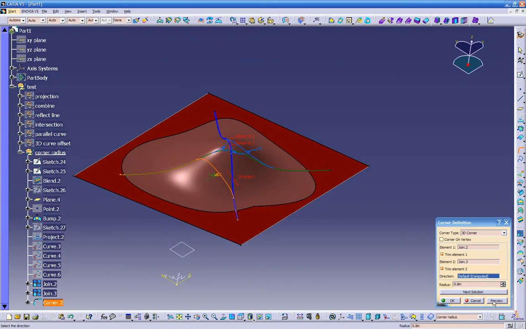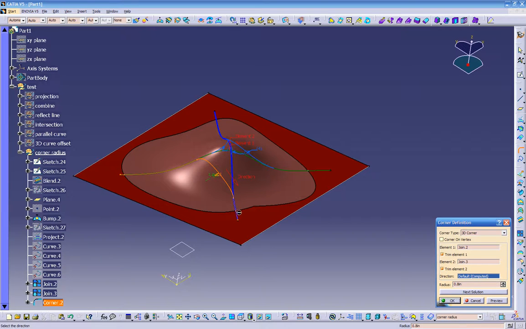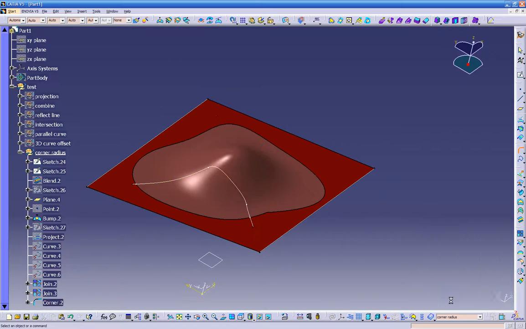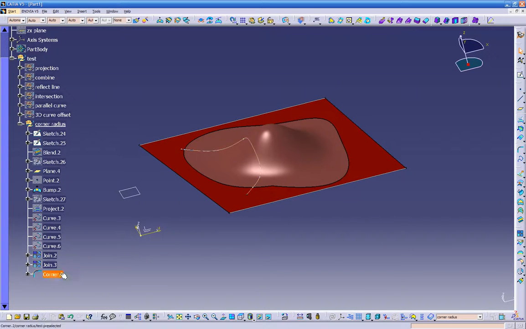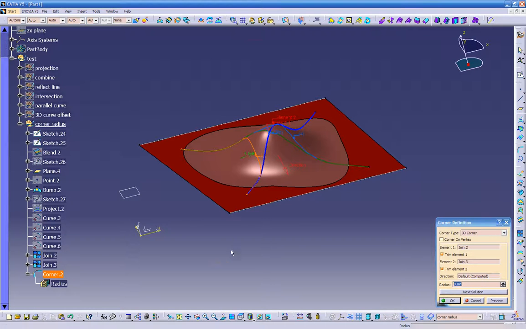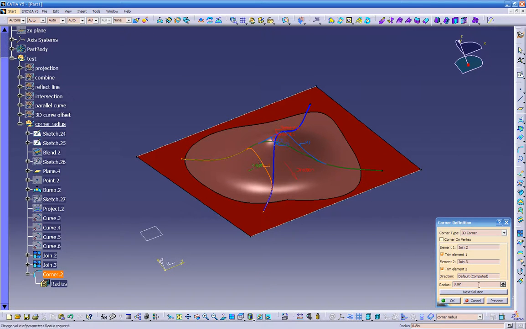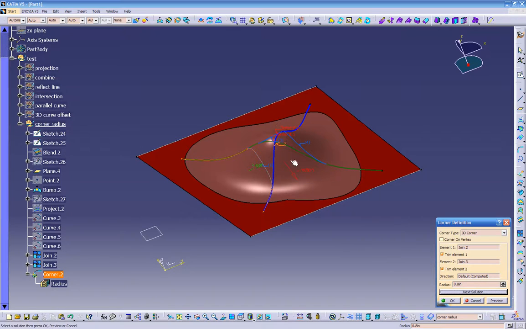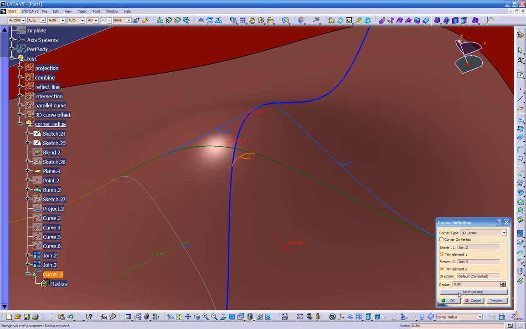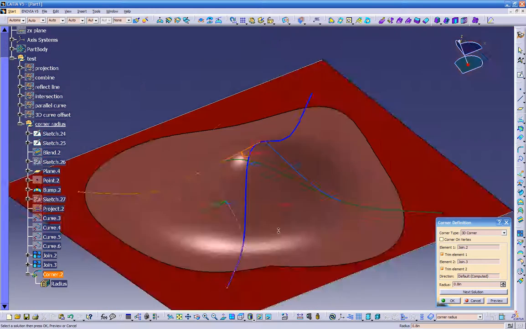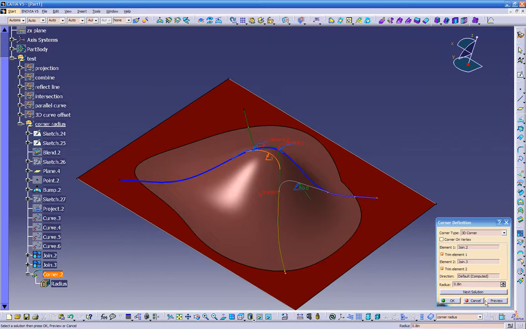So if I do a preview right now, and if I trim, it's going to trim this all the way over here, and everything else is going to be gone. And probably I don't want that, right? So what we can do, just double click on the corner, and if you don't like this radius over here, you can put the next solution, and it's going to jump to 2. So see, 2 has got highlighted. Next solution goes to 3. So if you click OK,